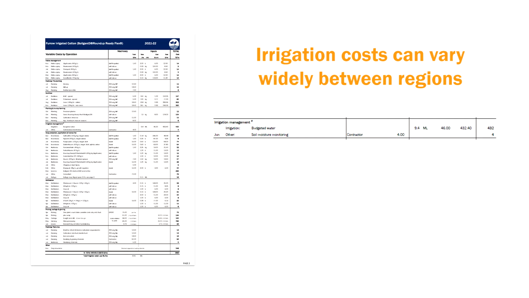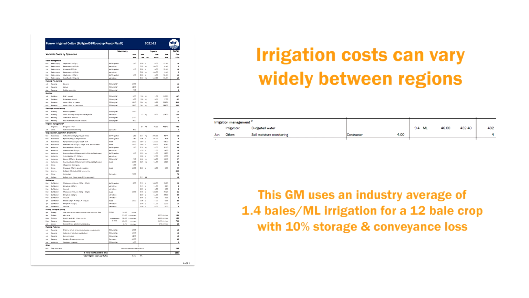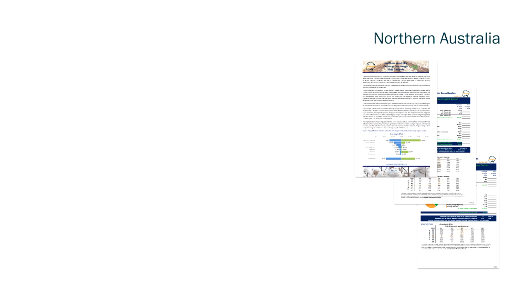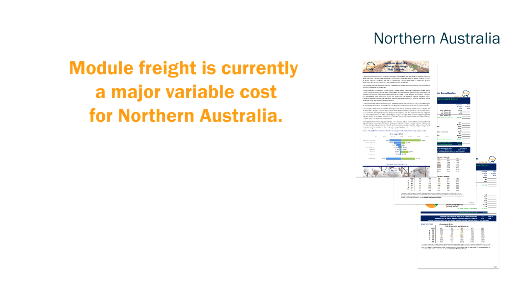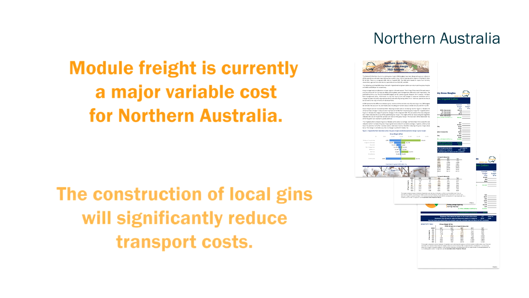With irrigation water, that's another one that you might need to look at, the fees and charges and the cost of pumping, and obviously that really varies depending on your water source, surface water versus groundwater, and that will change your cost of pumping. For those growers contemplating cotton in Northern Australia, one of the main variables they'll need to look at is module freight costs. As we've got gins being built and finished, that will massively change the transport costs. What we've done in our assumption is it's a freight from Katherine to St George, so it's pretty significant, and that'll be one line item that the individuals will need to change for Northern Australia.